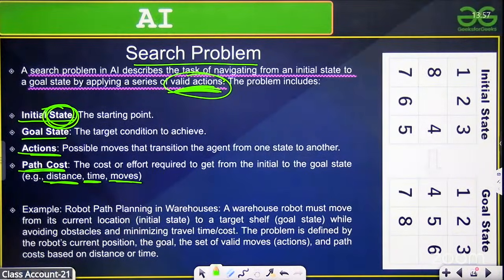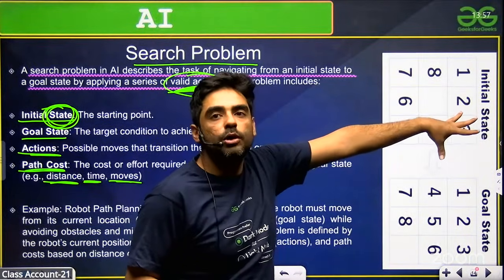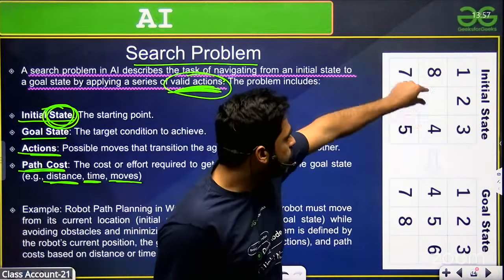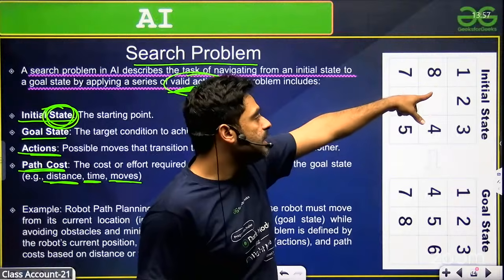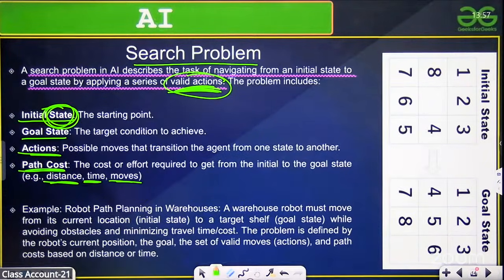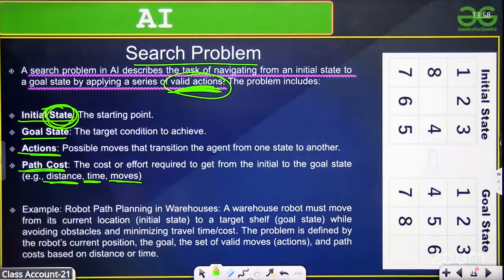Now for example, this is a game I want to solve. So the initial state is this. Now I will move it slightly, so this would be my goal state. This is my goal state and this is my initial state. That is how I have defined the word state. Nothing you have to write, you only have to see this.